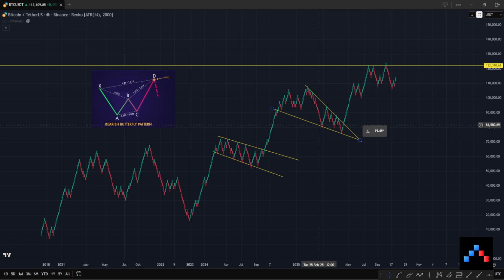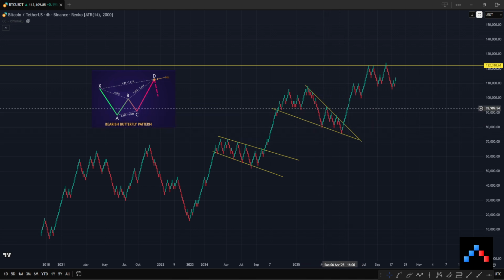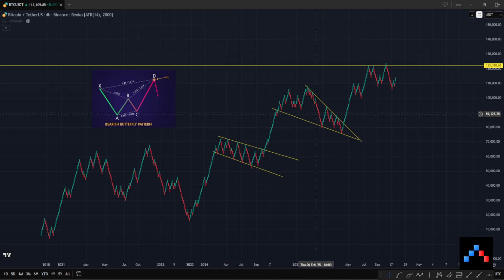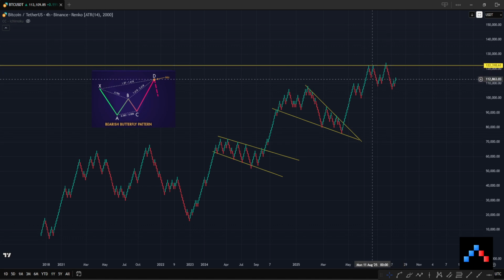After that, a small pullback, consolidation inside of a falling wedge formation this time. Previously we got a bull flag, this time a falling wedge formation. It broke again from the downtrend level of resistance and continued to the upside. Now, the most recent level of resistance is standing at around $122,310. And at this level, things are getting very, very interesting because at this level, the market managed